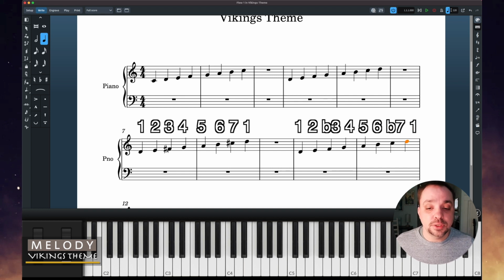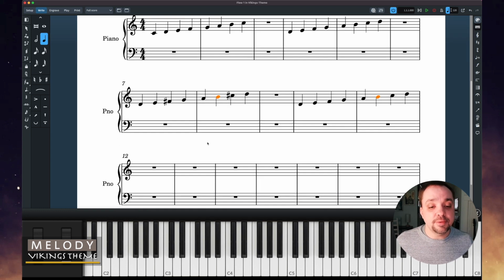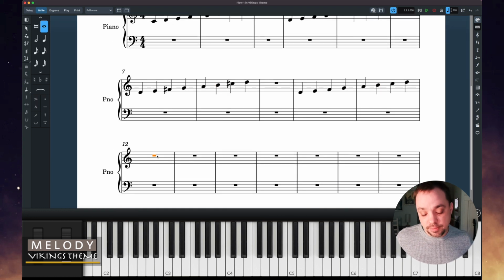So notice the differences are in the third, which is a minor third in the Dorian mode, and that seventh, which is a minor seventh. Now what's interesting about Dorian is the one thing that didn't change, which is this B, the sixth. Instead of being a flat 6 like you'd expect in D minor, it's a natural 6. So what we get from that is a brighter version of minor. It's like a different, more nuanced flavor of minor. And if we listen to that,